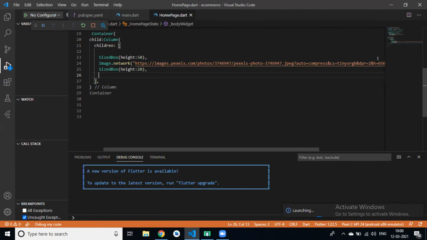Then we have a text widget. In the text widget, we have a product name, so MacBook Pro 2021 or something.